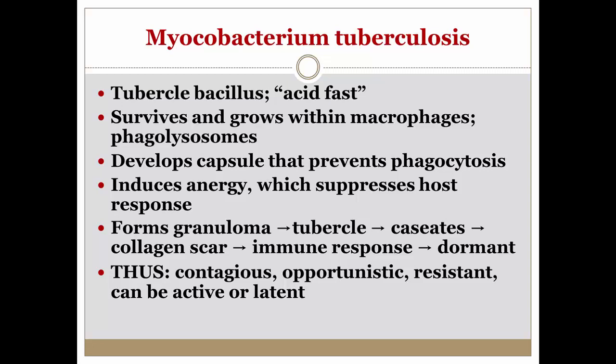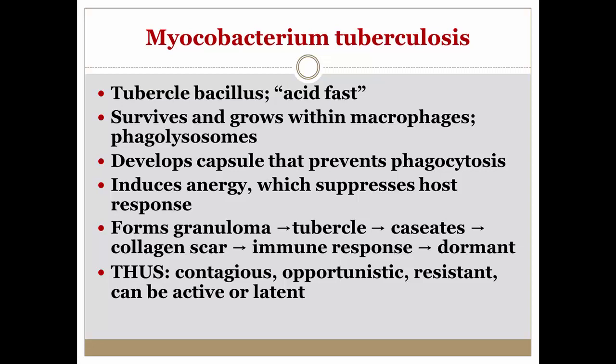So this is a very interesting organism. The tubercle bacillus survives and grows within the macrophages. It survives, and within those macrophages, it actually survives in the phagolysosome. It fuses with those lysosome granules. Now remember, the whole idea behind the lysosome was to destroy things that didn't belong there. So this tubercle bacillus has the ability to fuse with those lysosome granules and survive within a phagocytic